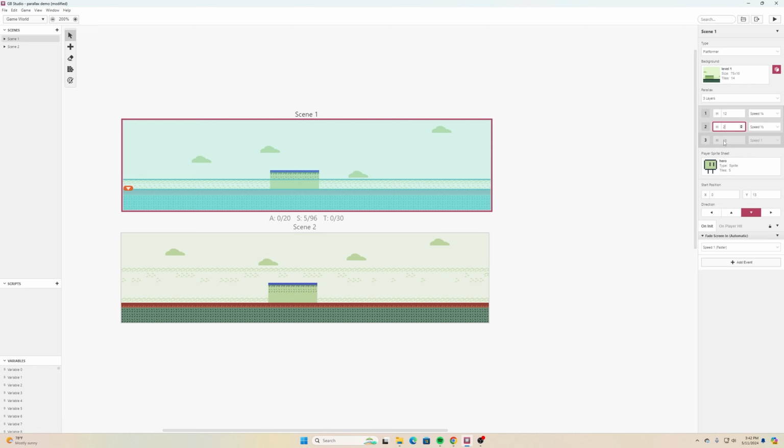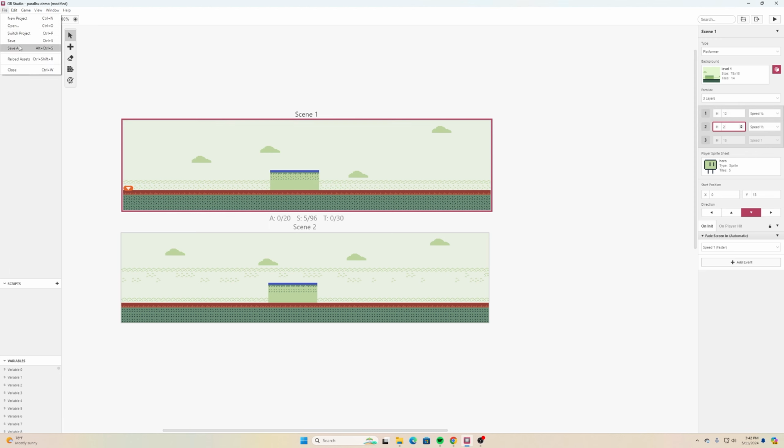Now the ground is going to move at a speed of 1. The layer above that is going to move half the speed, and then we have quarter the speed. So the closer to the ground it is, the faster they're going to move. Now, if I save this and I run